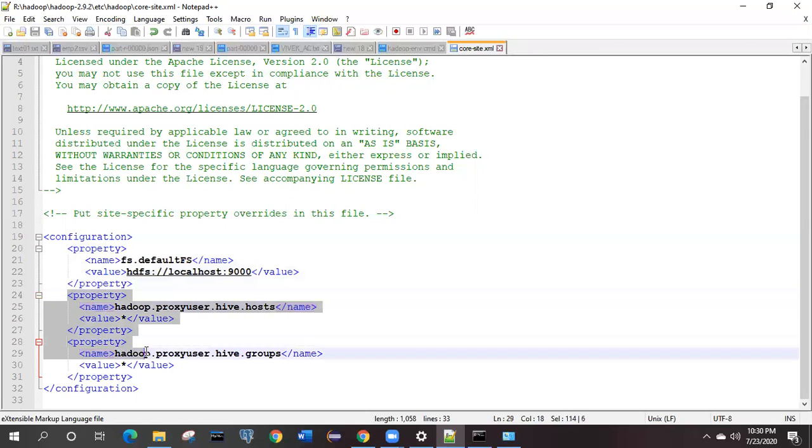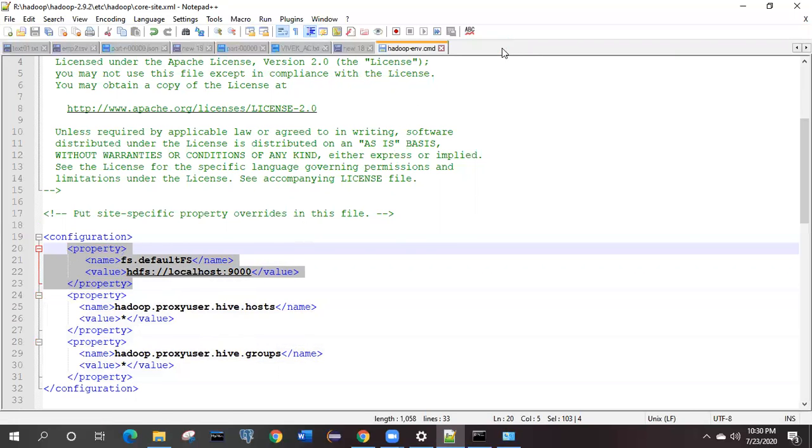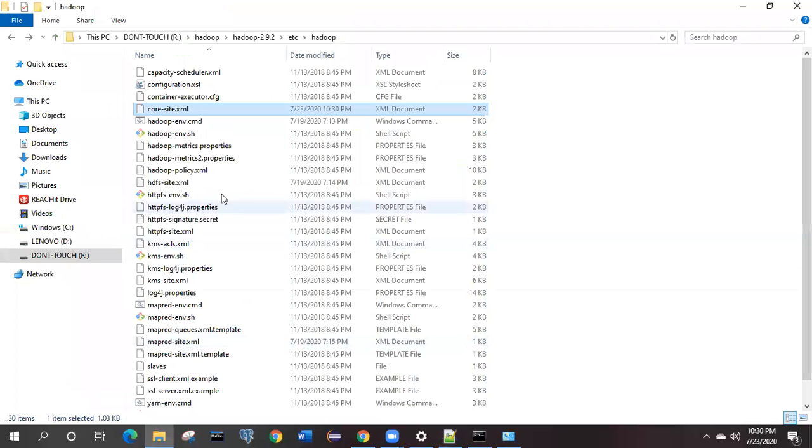These two properties are currently optional. As you can see, they are related to Hive. So just copy this file over here in the configuration, save it and close it. All these configuration files that I'm showing here, I will give you the link of the GitHub from where you can directly download them. And if you are using this Hadoop version, you can directly paste them over here and replace the existing files. That's all. You don't have to do it manually.